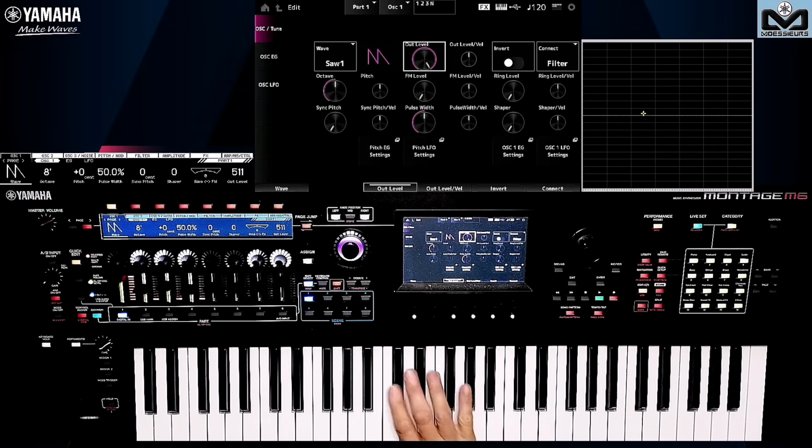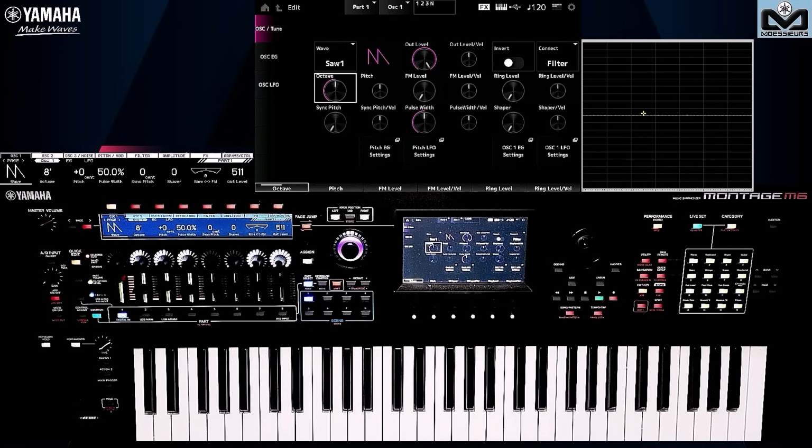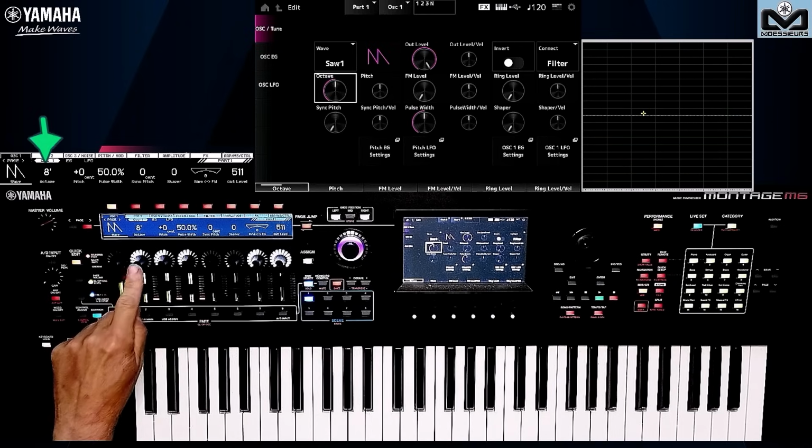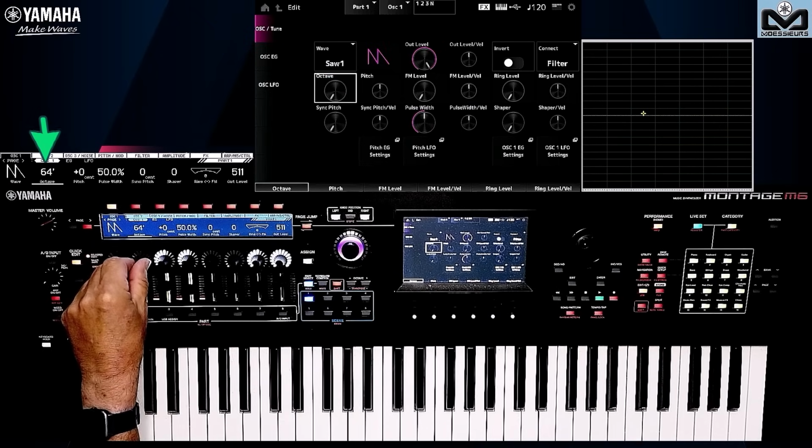I play everything on C3 to always have the same reference. How can I change the tone? Here on the screen, we're going to use what's called the octave. For those who have already seen my organ videos, for example on the YC or the CK, you will see that there are reference numbers here that are similar to those on organs. Here, we are on 8. Each time, we change by 1 octave.